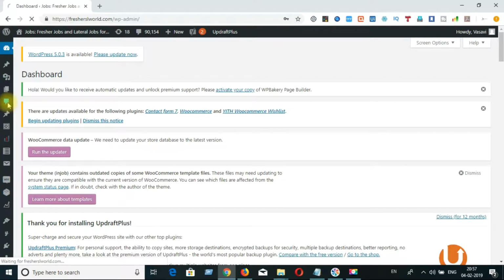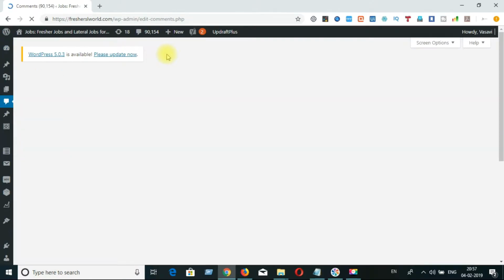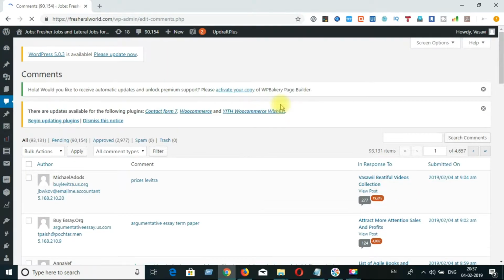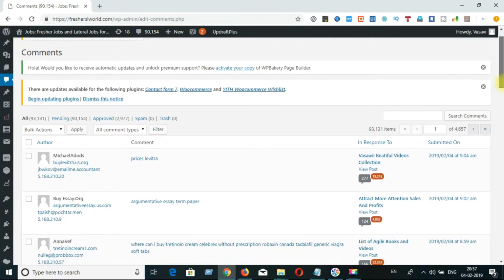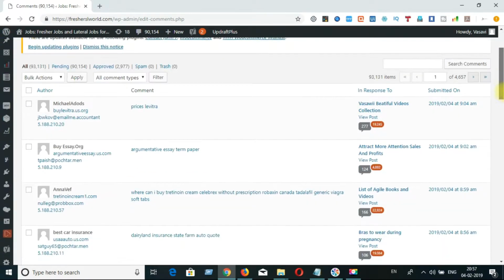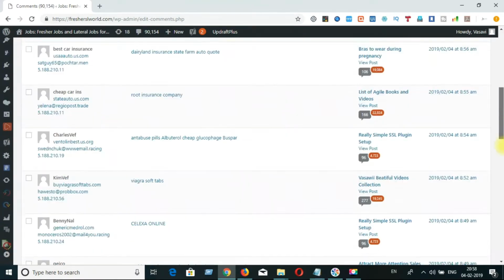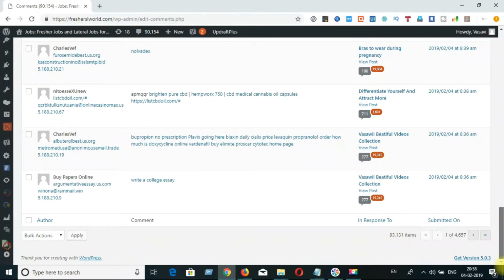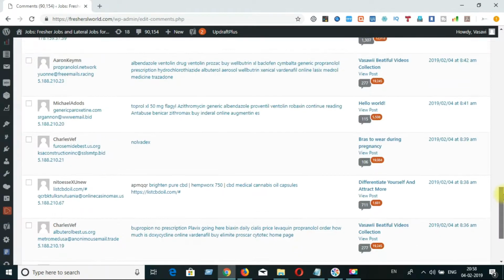You can click the comments from here, or you can click the comments from here. You can navigate from any of both the places to see all the comments in a page. If you see now, these are just 20 comments per page.